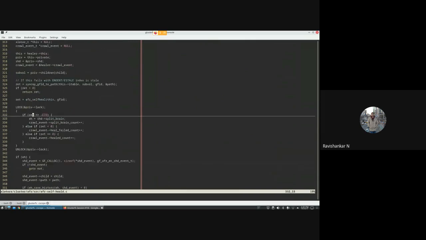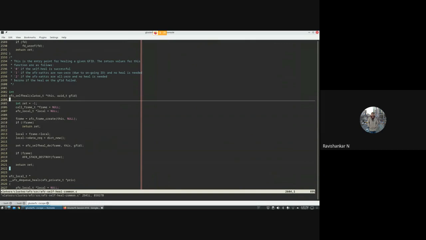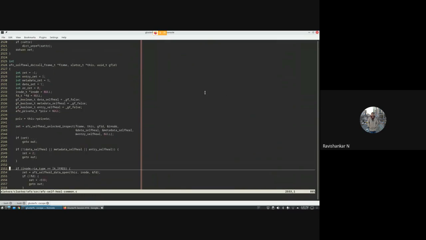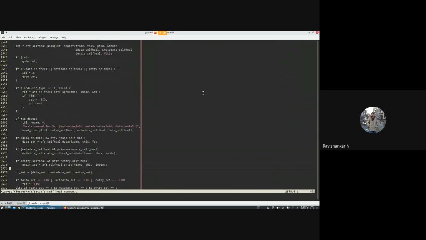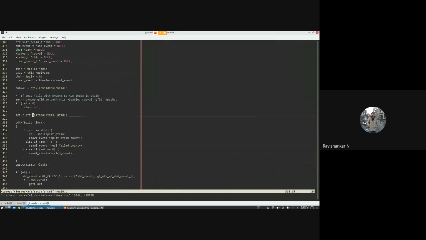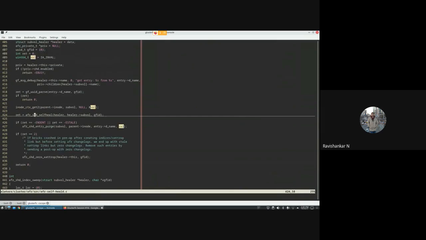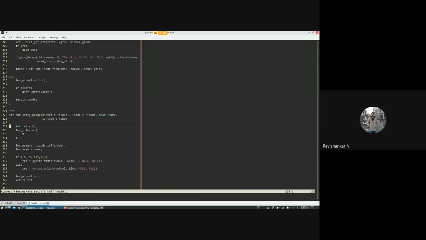This function is also very common. It will just create a frame and do a self heal. Depending on what type of self heal is required, it will do data, metadata, or entry heal. And if the entry is not there, you need to purge it. This is actually normal entry heal logic only.